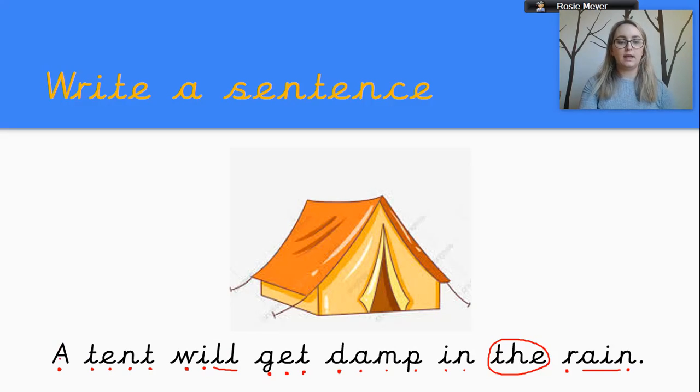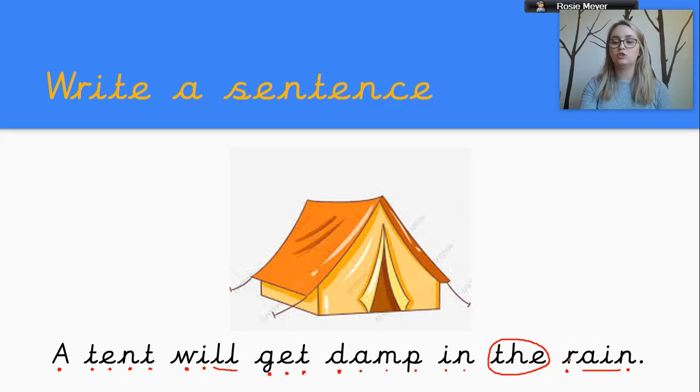So it says a, t, e, n, t, tent, a tent, w, i, l, l, will, a tent will, g, e, t, get, a tent will get, d, a, m, p, damp. A tent will get damp. In, a tent will get damp in, this is our tricky word,